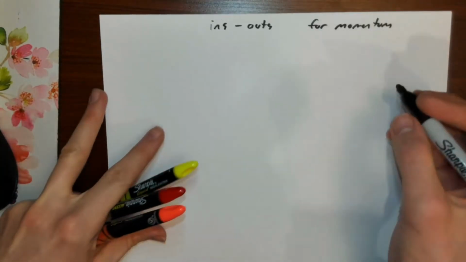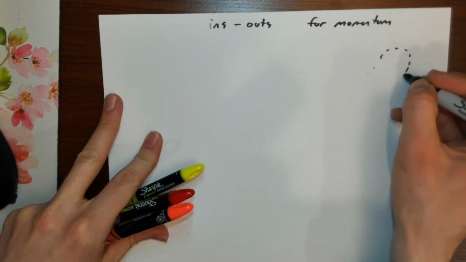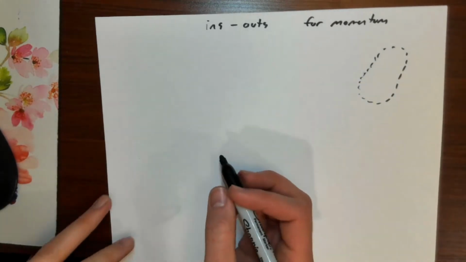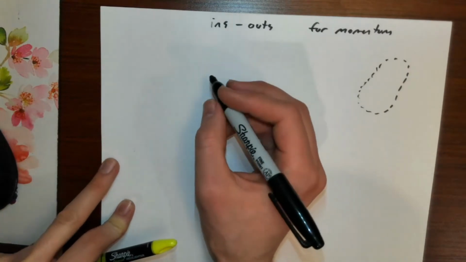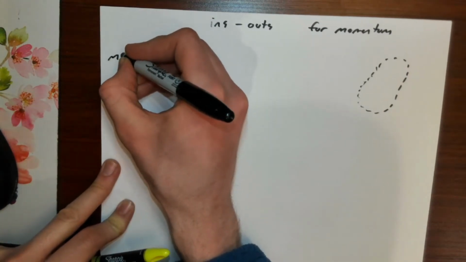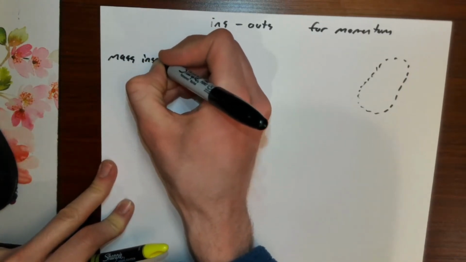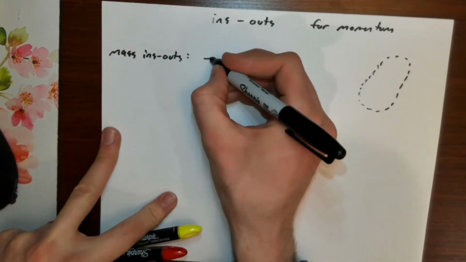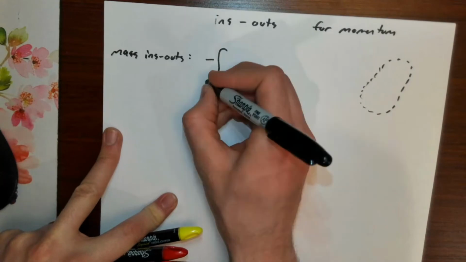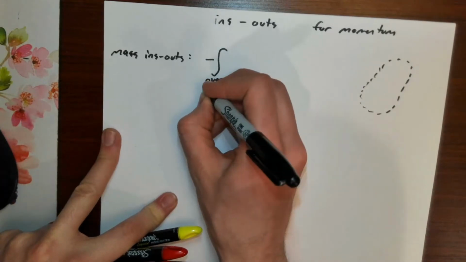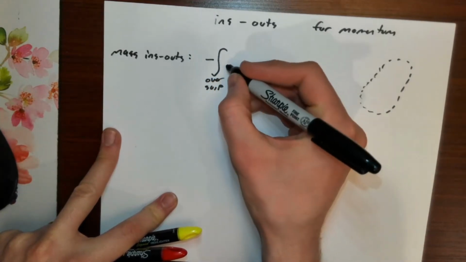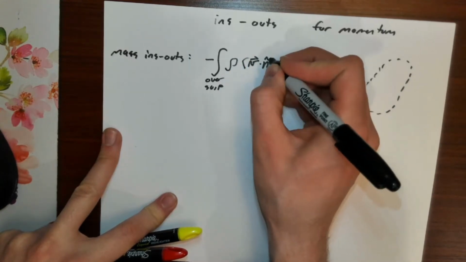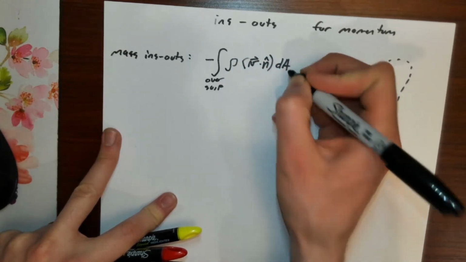First, let's have a control volume at our disposal. And for conservation of mass, ins minus outs, we had minus an integral over the surface of rho times v dot n dA,